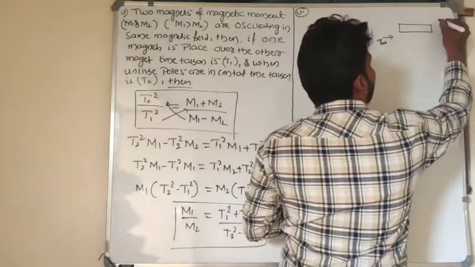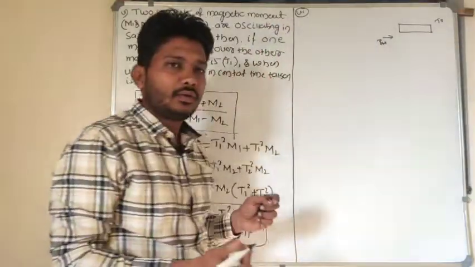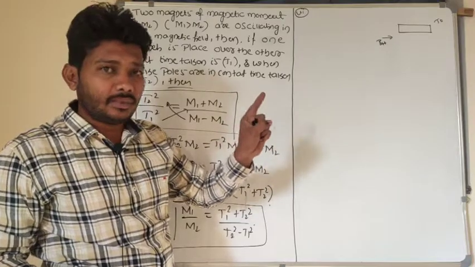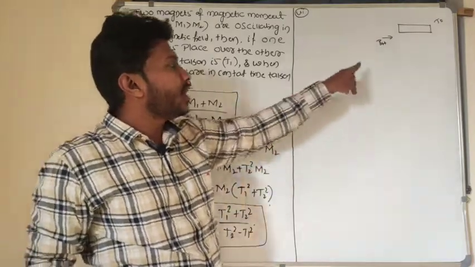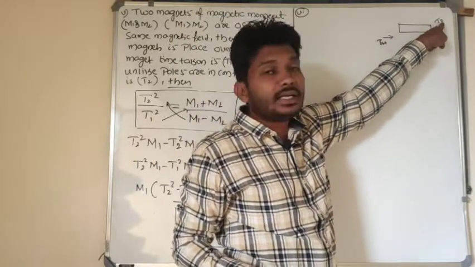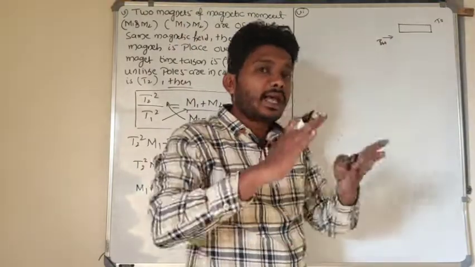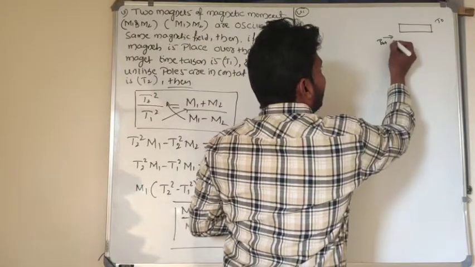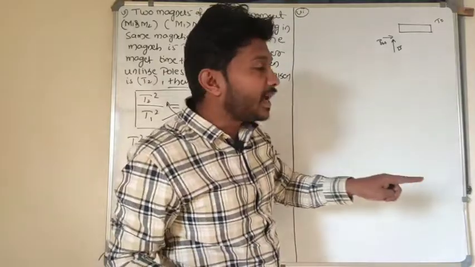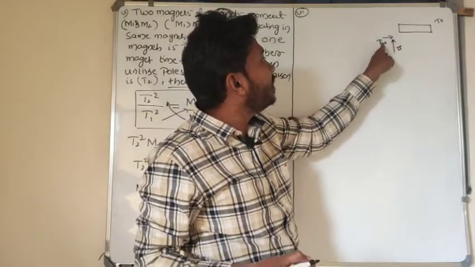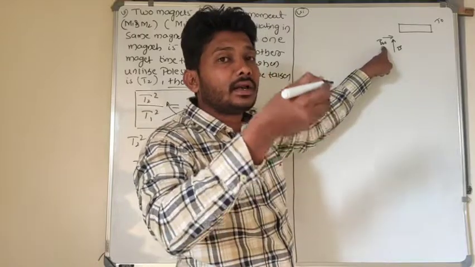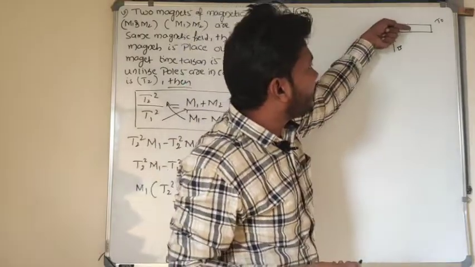Here time taken is T naught in this way. Look at here, I will take one bar magnet or magnetic needle, its magnetic moment is m, and it is oscillating in a horizontal magnetic field, then time taken to oscillate is T naught here, right. In another case I will take another magnetic field, that is B. This magnetic field is perpendicular to the B of H, meaning perpendicular to the horizontal magnetic field. This is the horizontal magnetic field.